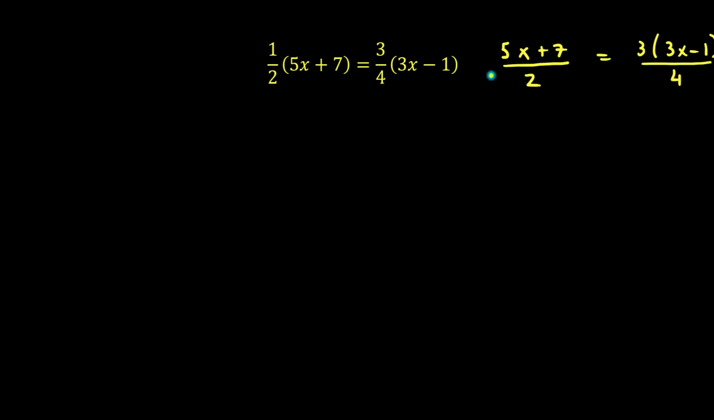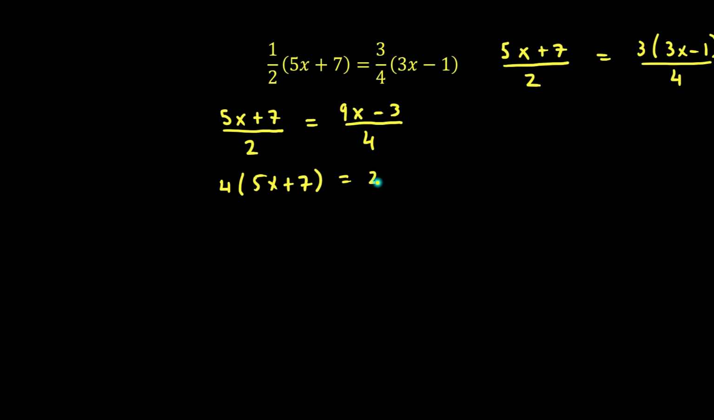So what we're going to do is multiply the bracket on the right hand side first. So I've got 5x plus 7 over 2, and that'll give me 9x minus 3 over 4. Then I would just cross multiply. If I go ahead and do that, that'll give me 5x plus 7 on that side, then I would multiply 2 and 9x minus 3. Then multiply this bracket out, that'll give me 20x plus 28, which is equal to